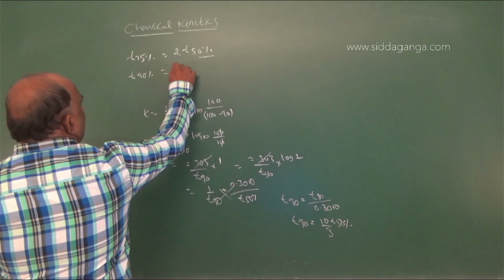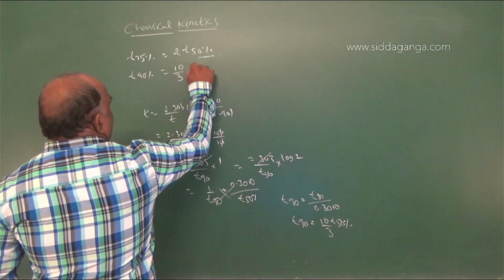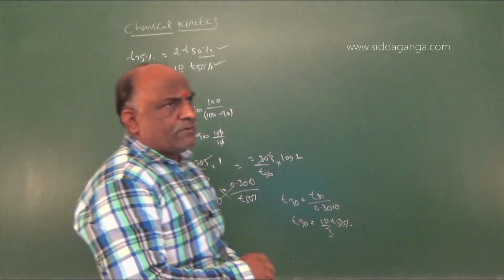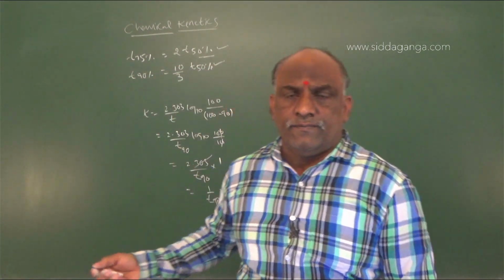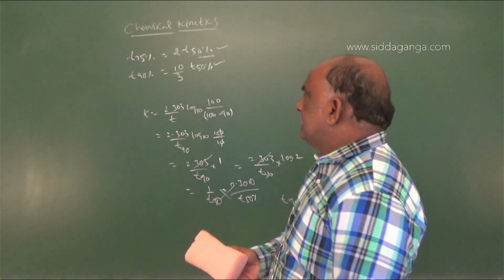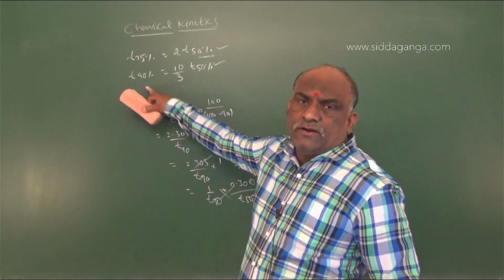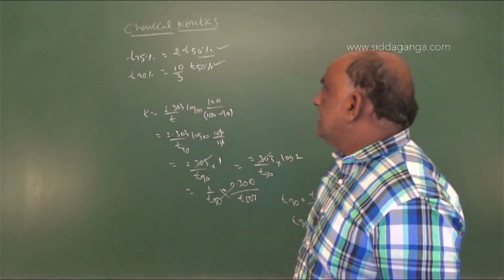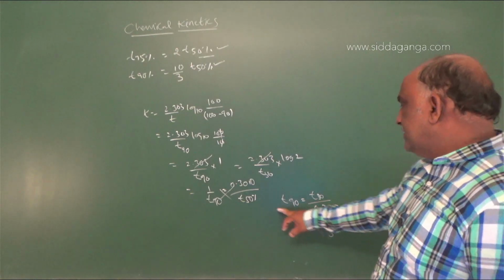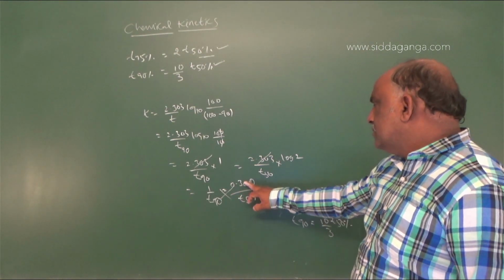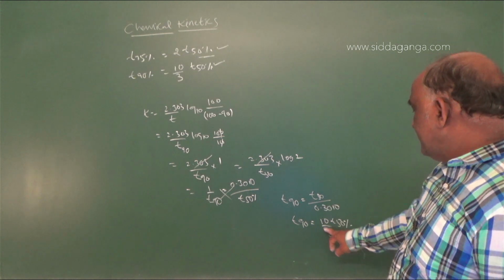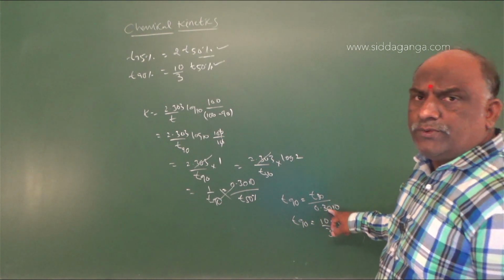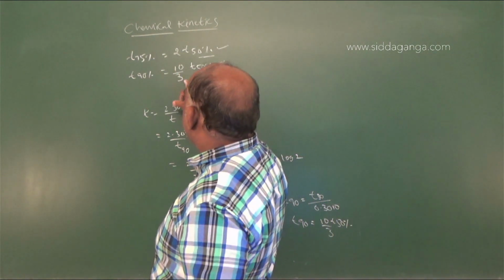So my dear students, make a note, this is also important. 10 by 3 T50%. Don't derive it every time to find the relation. 90% of a first order reaction takes place in 10 by 3 into T50%. Because here we get T90 into 0.3010, you consider it 0.3, and 0.3 is nothing but 3 by 10, so T90 is equal to 10 by 3 into T50. Clear? I hope you understood.